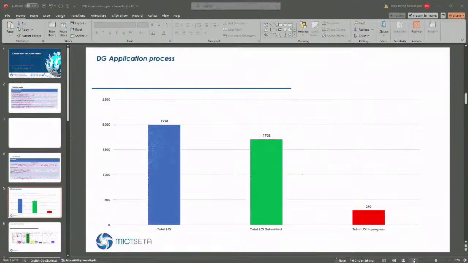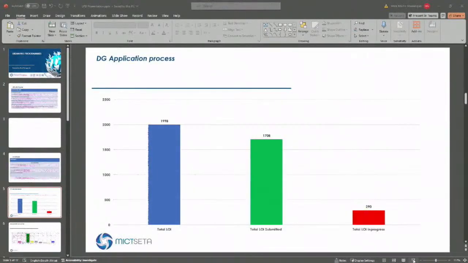Then, after the SETA has received all these documents, they get evaluated by the committee that is responsible for evaluation and shortlisting the candidates that are meeting the requirements. And for those that are shortlisted for site vetting, the SETA deploys the advisor to come and do the site vetting, just to check if you do have the capacity to implement the program.